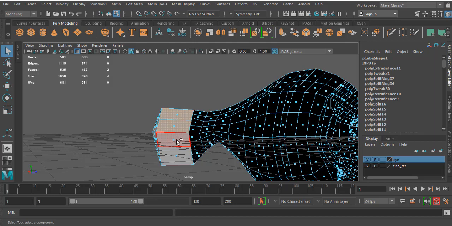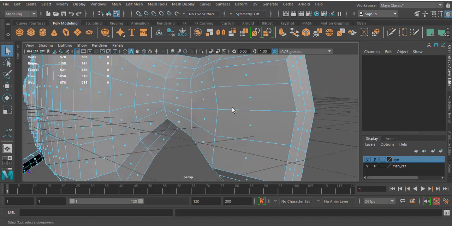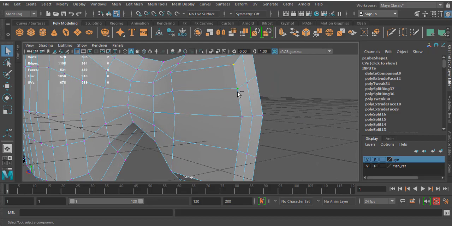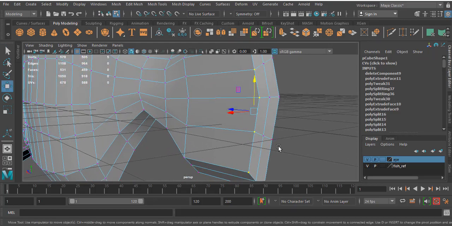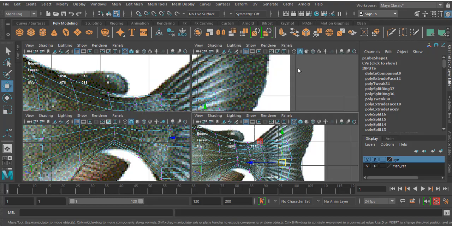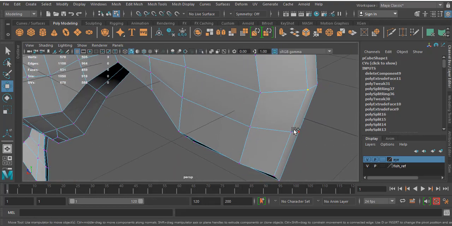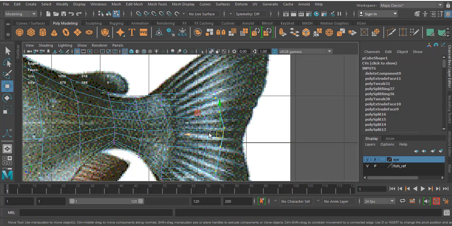So I select all these things one by one, click delete. Okay, now the tail seems like a thicker one, so I want to make it thin. Like slightly I'll move this in the side view like this, and the second area, like select all these things from here to here, slightly I'll move.